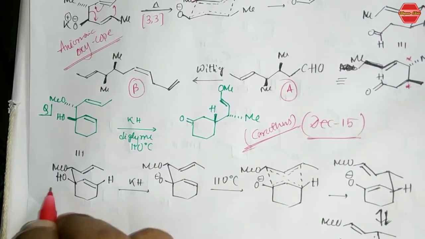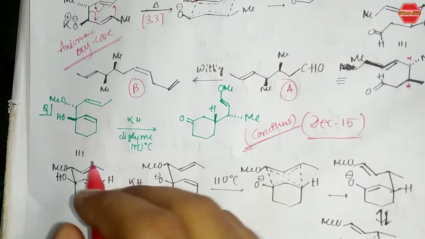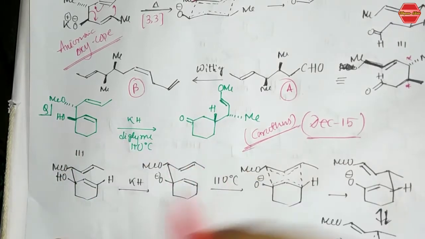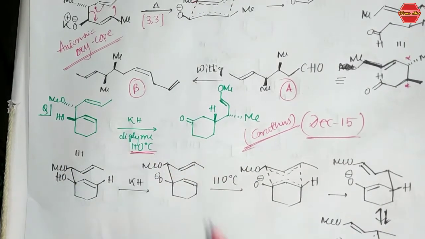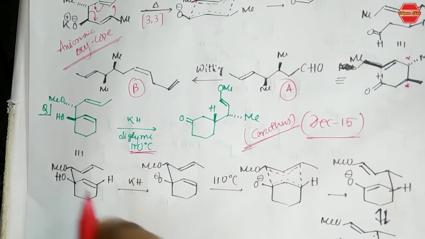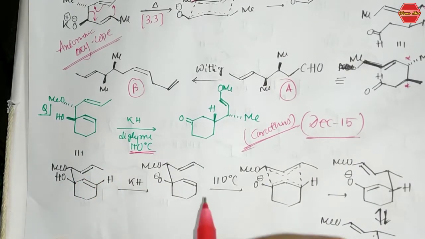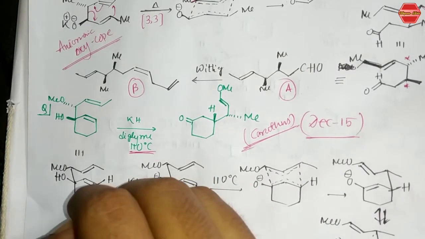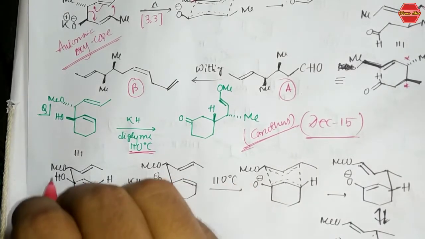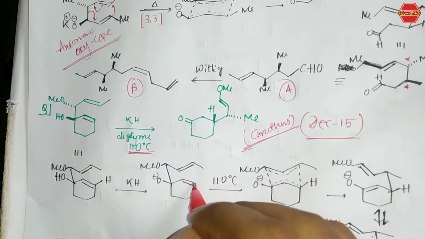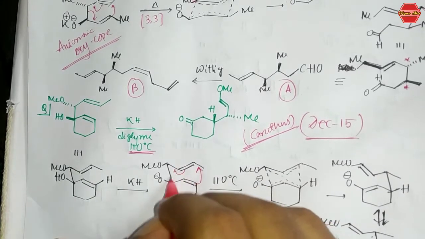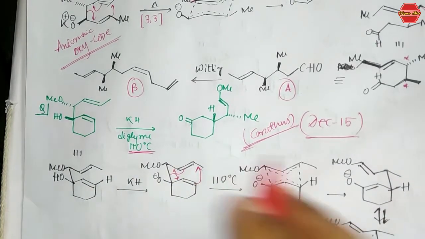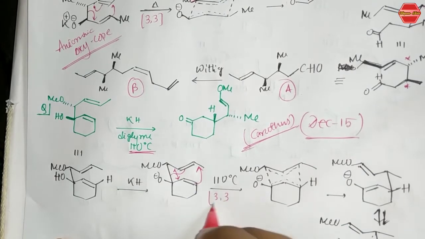So if you write this structure in this way, you can see that there is a possibility of 3,3 sigmatropic rearrangement, because heat is given to you, and this kind of structure that you can find over there is a formation of a chair-like transition state, right? So in this reaction, KH takes a proton from here. You are getting this O minus, and after that this basic reaction, that is 3,3 sigmatropic, and you are